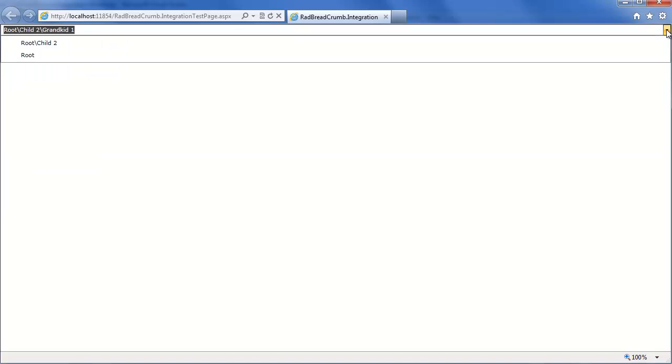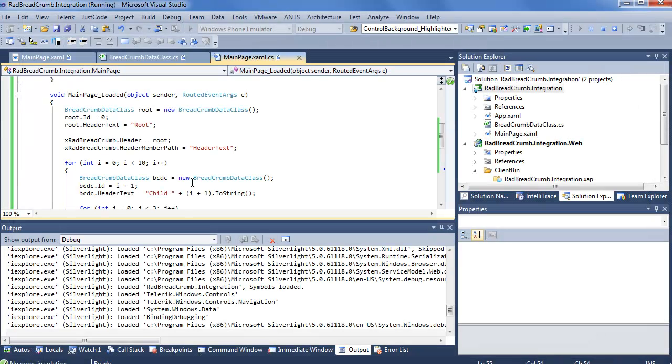and now you can see we have our RadBreadCrumb. The root goes into children, children have grandchildren, we have that whole history thing enabled, and we can go ahead and do all of our text search. So go child 2, grandkid 1, 2, and it's all set like that. But now of course we need to add some items to RadTreeView, because we want RadTreeView to have the ability to display the same collection of items so that we can synchronize them. So we'll go back into Visual Studio,